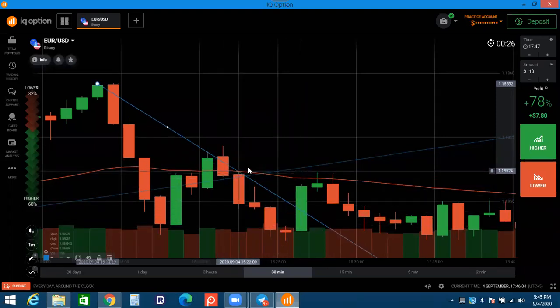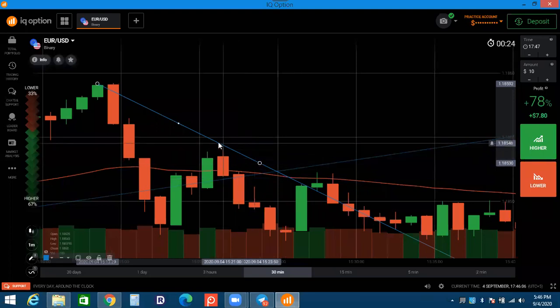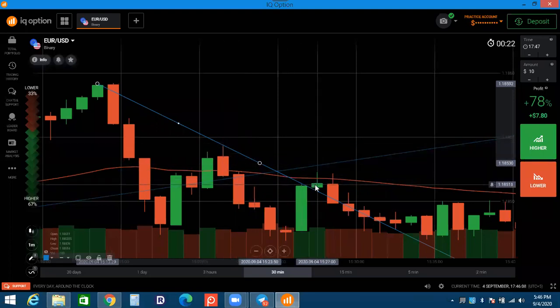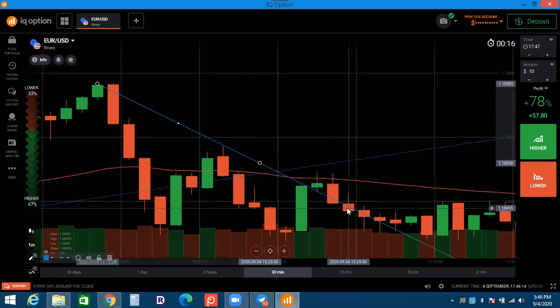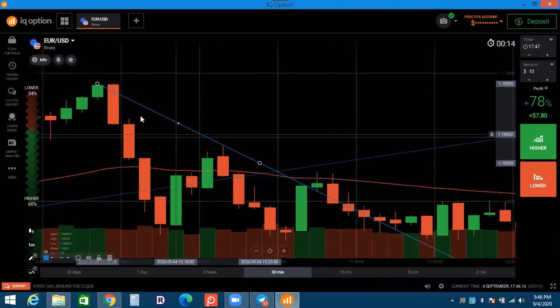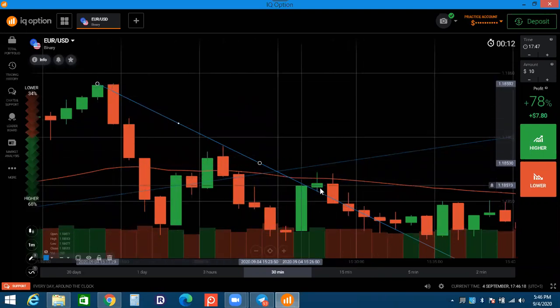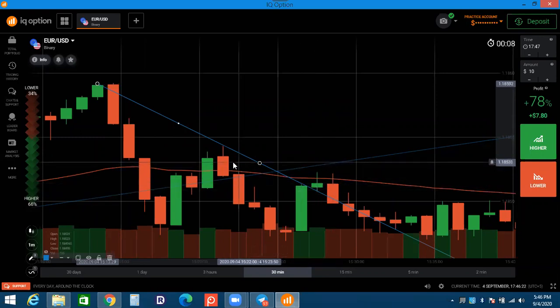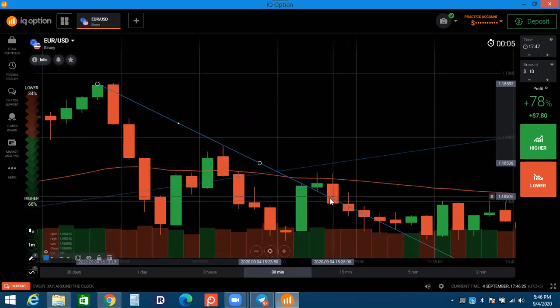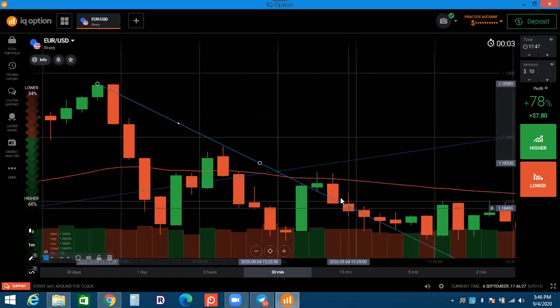And if we are adjusting the line, here we are getting that, but it's broken again. So this is sometimes a risky trade. It's suggesting you can place a trade because it's following this sequence: higher high, lower high, lower high. It's following, but sometimes you can avoid these types of trades for better performance.